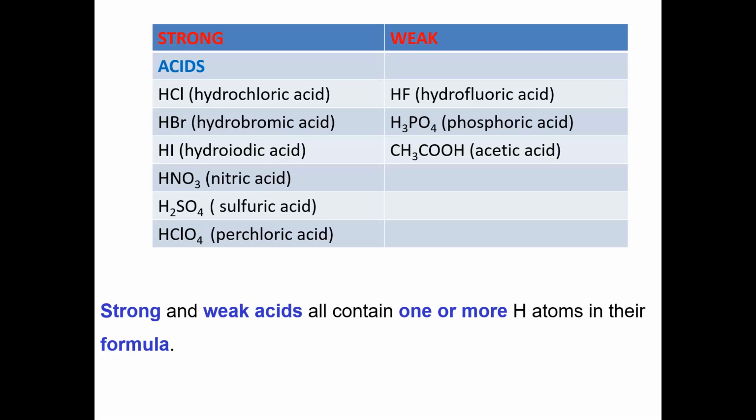So you will need to learn to recognize strong acids and weak acids on the basis of their formula. The first thing is you can tell that something is an acid because it has to have at least one proton to donate, and that proton will be written at the beginning of the formula. Now, strong acids are of two types. There's a group of 3, which are sometimes referred to as hydrohalic